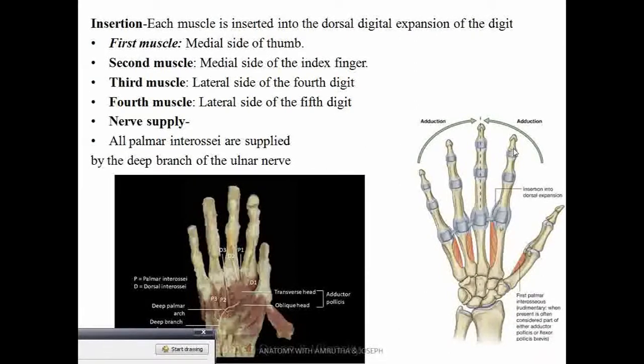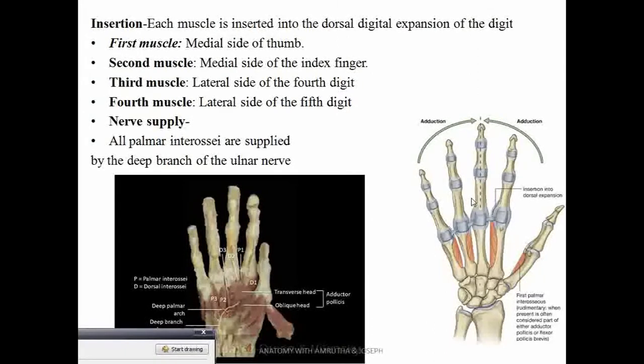Now, the index finger, when it moves this way, that is called adduction. The ring finger moves this way, adduction. Little finger moves this way, that is adduction. So to cause this movement, the muscle has to attach in that way. That is why the palmar interosseae is attached this way, so that when it contracts, it can cause adduction. At the same time, this is attached to the lateral side, causing adduction. This is attached to the lateral side, causing adduction. Right, now here this one, the second one, is attached to the medial side because then only it can cause the adduction.